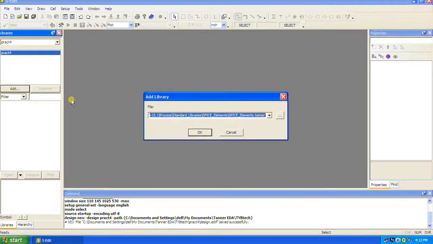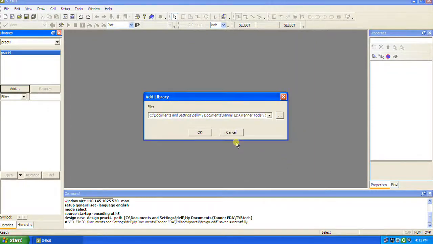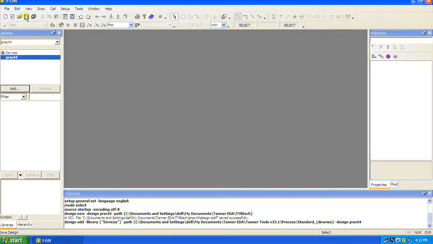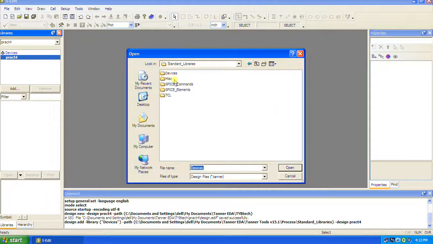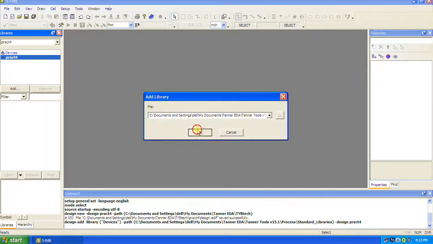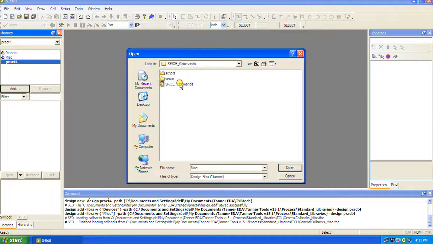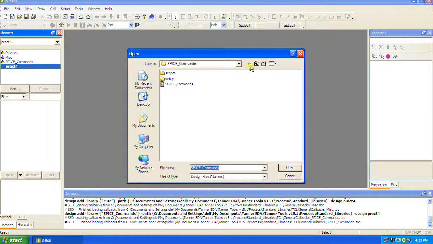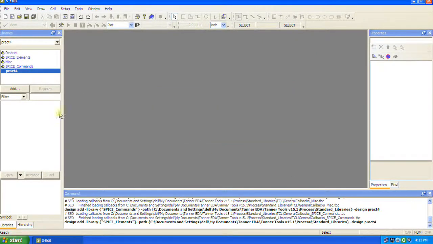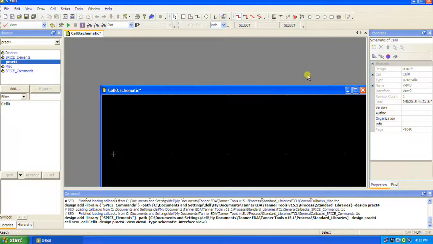Okay, then adding the libraries, devices, then adding the miscellaneous components, adding the spice commands. Okay, adding the spice elements. Okay, creating the new cell view. Okay, now